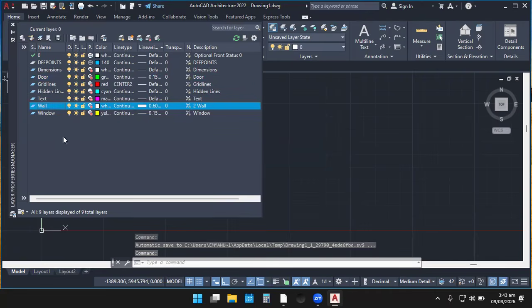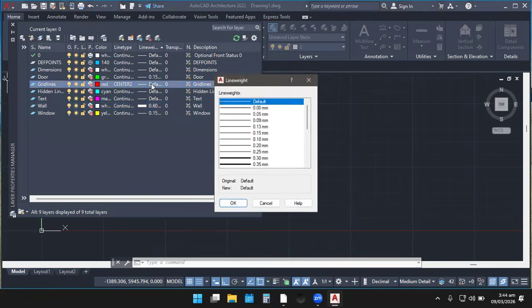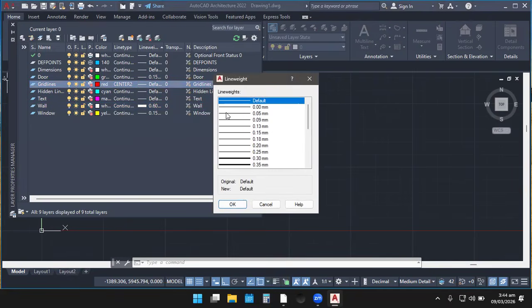Okay, let's proceed. Let's also change the line width for the grid line. So the line width for the grid line, this is it. Let's use 0.05.